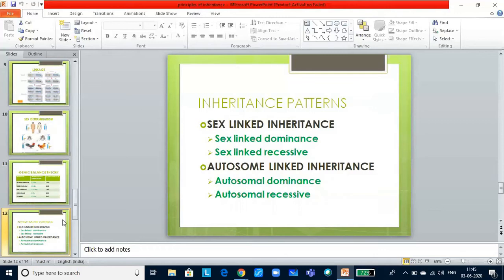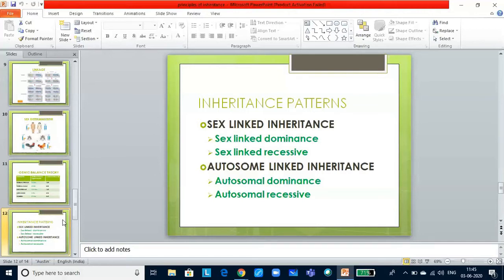Again, T.H. Morgan observed sex-linked inheritance in Drosophila. In humans, color blindness and hemophilia are important sex-linked diseases. The genes located exclusively on the X chromosomes are called X-linked, and the genes that occur only on Y chromosomes are called holandric genes, whereas the genes present in the homologous region in the sex chromosomes are called